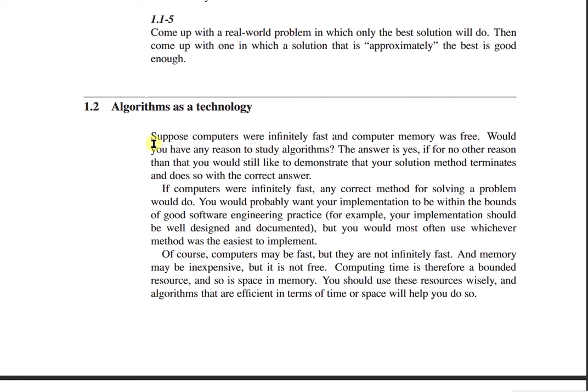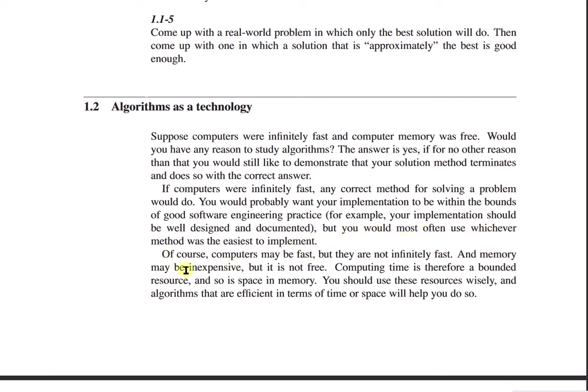Algorithms as a technology. Suppose computers were infinitely fast and computer memory was free. Would you have any reason to study algorithms? The answer is yes. Why is it yes? If for no other reason than that you would still like to demonstrate that your solution method terminates and does so with the correct answer. You need a way to see if the algorithm works, even if all the other restrictions are removed. If computers were infinitely fast, any correct method for solving a problem would do. You would probably want your implementation to be within the bounds of good software engineering practice. For example, your implementation should be well designed and documented, but